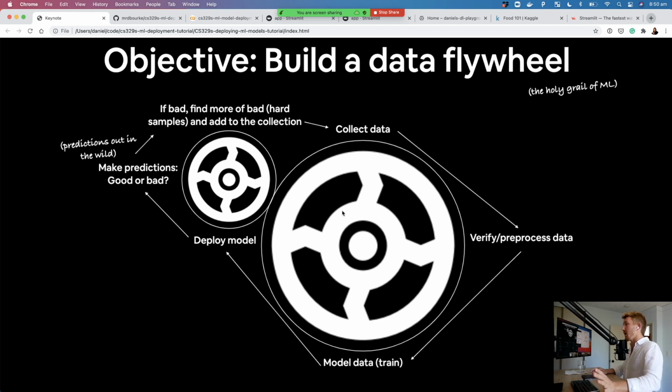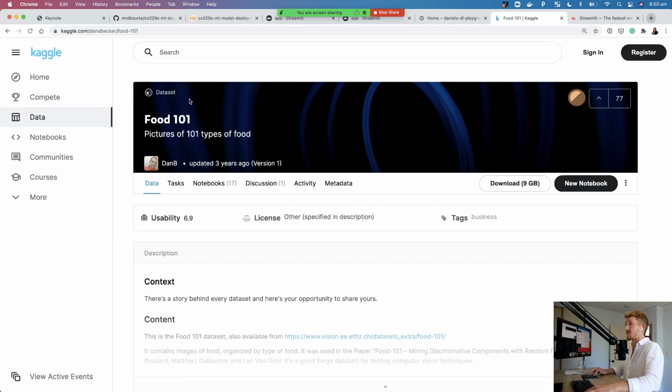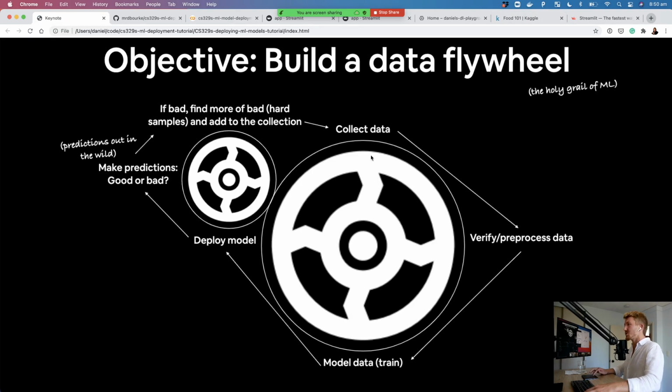But if you learn to code in a notebook, you kind of miss this whole process. You might have only pre-processed data and then trained a model. Like, this is me, right? So I've only learned these steps, but I'm starting to learn the rest of the pieces of the puzzle. In our case as well, the data's already been collected for us. It's Food 101, so we've actually got these three steps. But what we're going to do is deploy the model, make predictions, good or bad, predictions out in the wild. If they're bad, find more and add to the collection. So it's very hard to understand this as well when